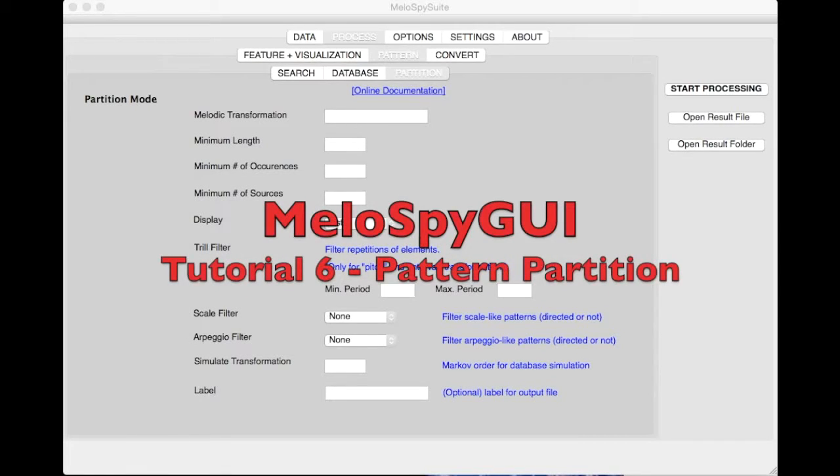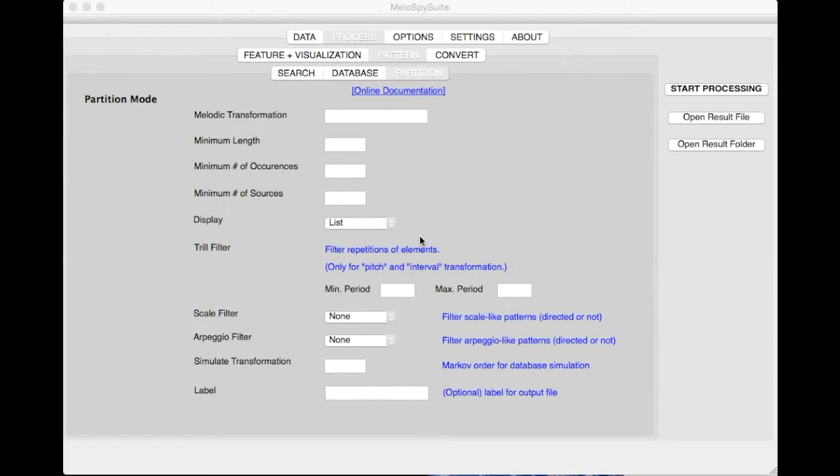Welcome back to the next part, which deals with pattern partitions and databases. In the last tutorial, we demonstrated how to search for specific patterns in a set of melodies. However, one might ask, how many particular patterns and which patterns are used in a solo or in a set of solos? Using the pattern partition mode of the MeloSpy GUI, you can automatically extract all occurring patterns based on